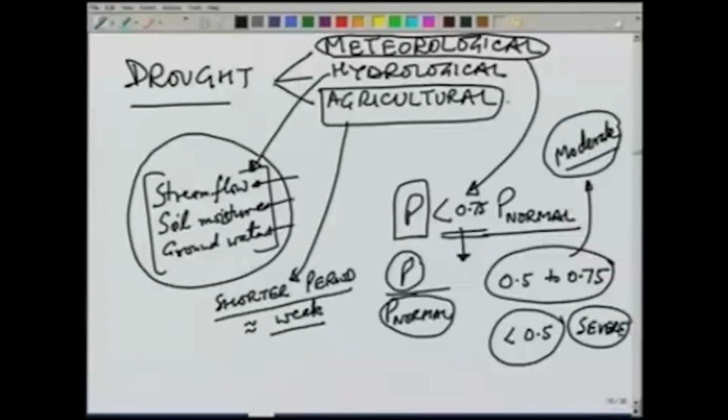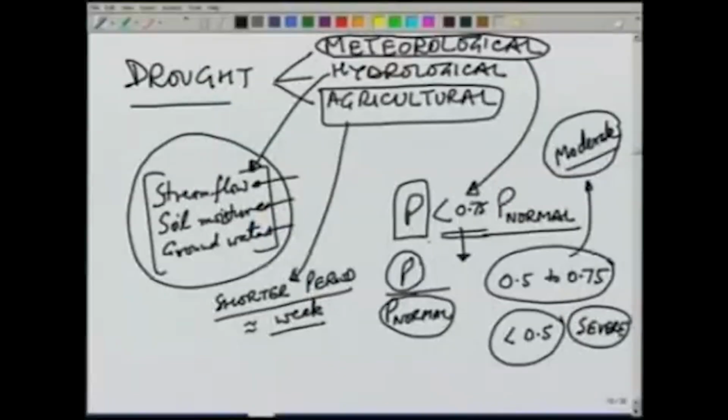Because when we say agricultural drought, it means that the plants are not able to get enough water to sustain, and they can die even within a short period of a week. So, even if annually, let us say we have an annual drought in which annual precipitation is less than 75% of normal,